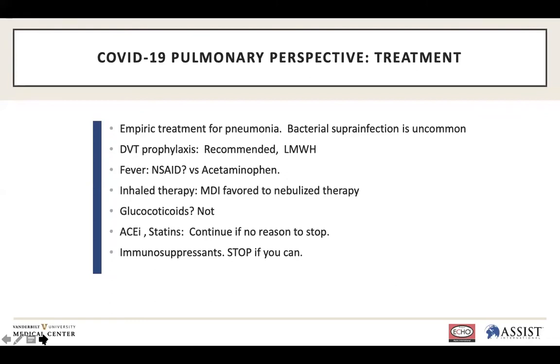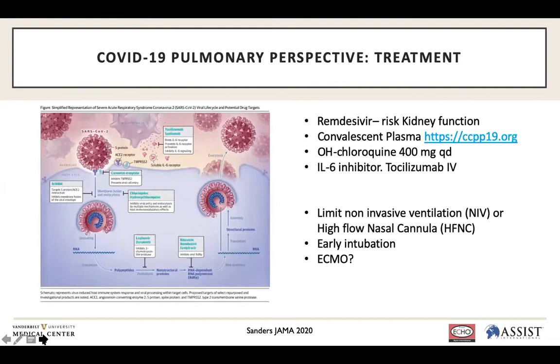Immunosuppressive therapy, we should try to avoid them if we can, as we know that the T cell count is associated with prognosis. A low T cell count, lymphopenia, is of concern. Next slide, please. So where is the hope? The hope is that in a landscape where we don't have any current treatment available, some will rise to the